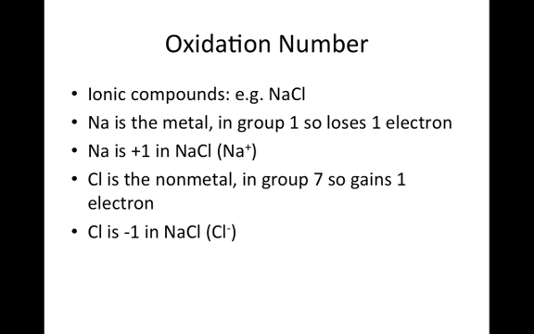Simple ionic compounds are the easiest to work the oxidation number out for. Sodium, Na, is in group 1, so always reacts by losing only 1 electron to form Na+. This means that in the compound NaCl, sodium has an oxidation state of +1. All compounds are neutral, so the chloride here must be Cl-, or we say it has an oxidation state of